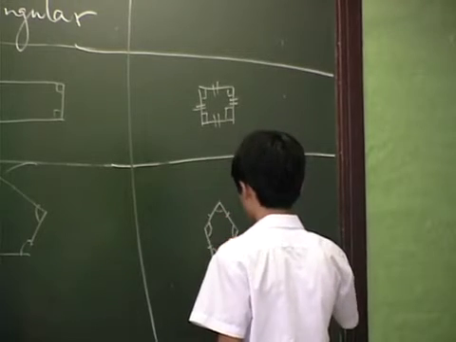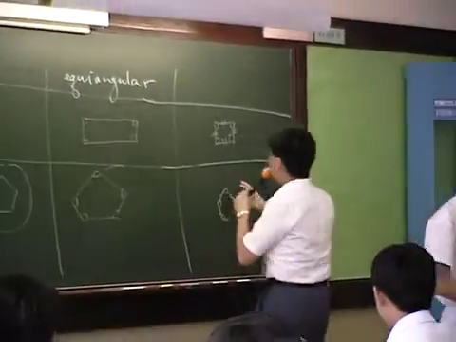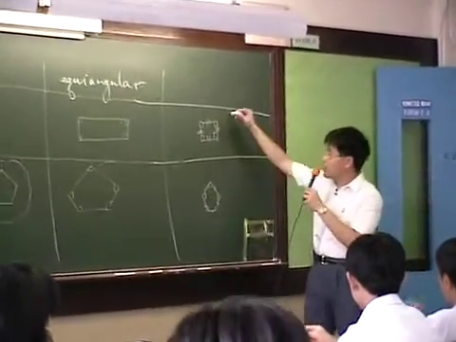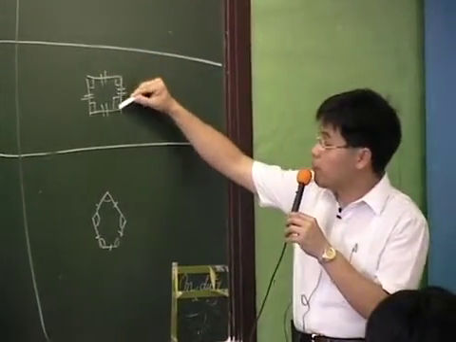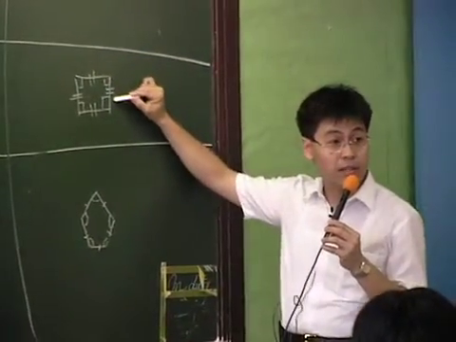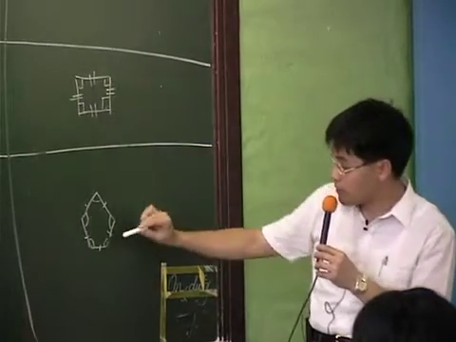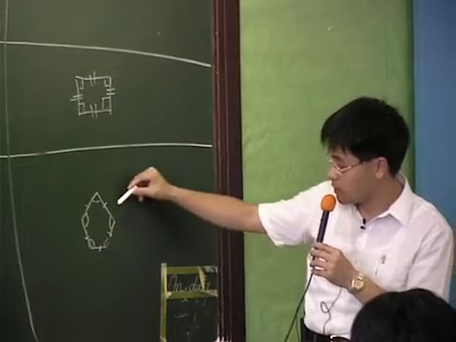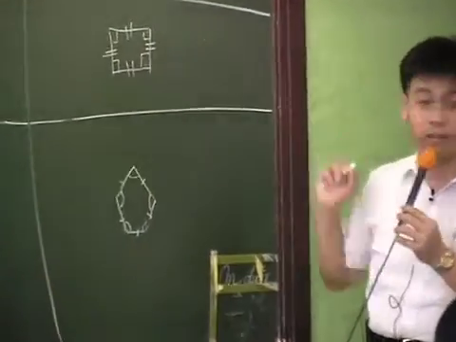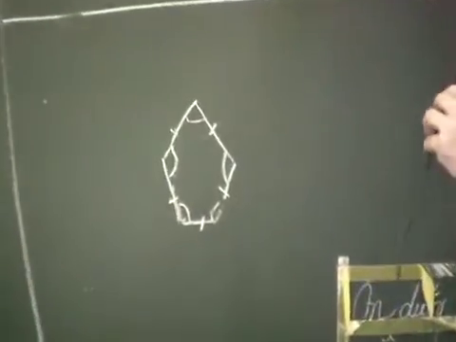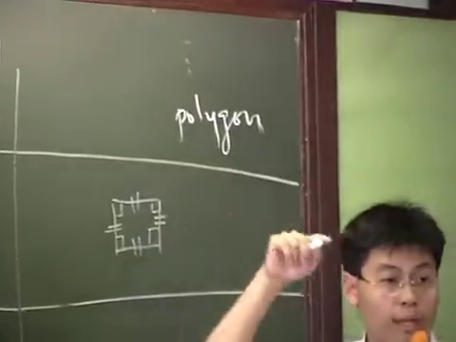Okay, thank you. The two boys showed me that when you draw this four-sided polygon, the sizes of these four angles are equal, and the lengths of these four sides are equal. For this five-sided polygon, we call it a pentagon. These five sides are equal. These five angles are equal. Okay, how do we call such a type of polygon when it is equilateral and it is equiangular?